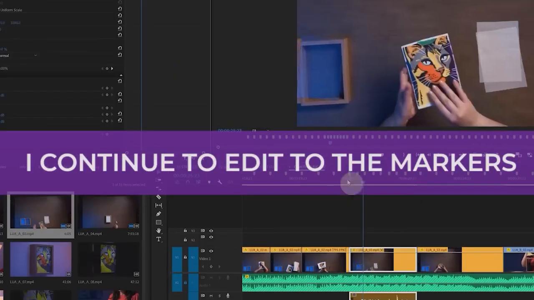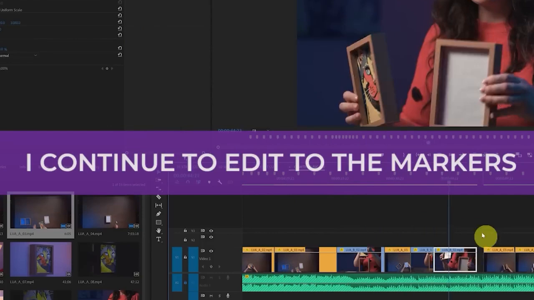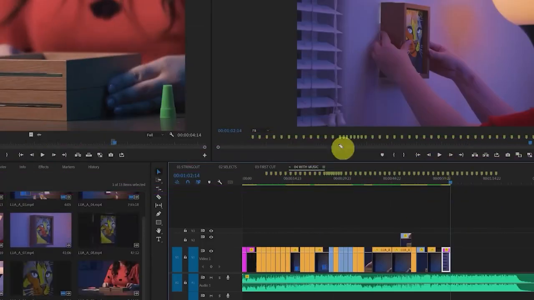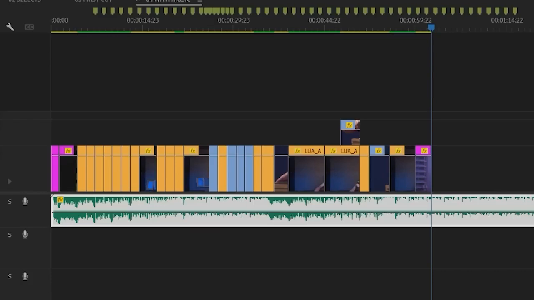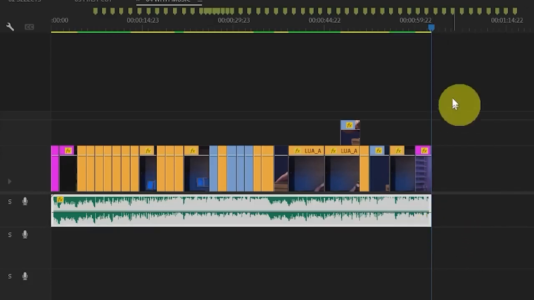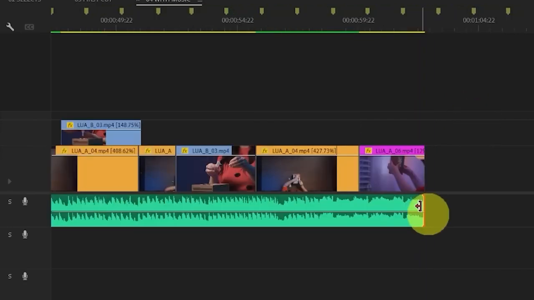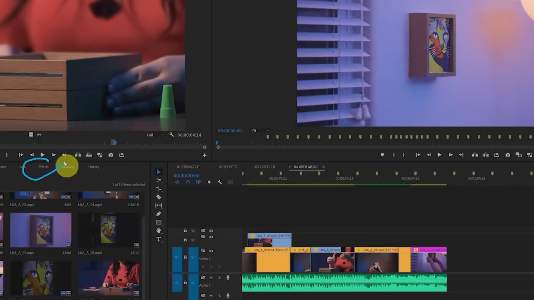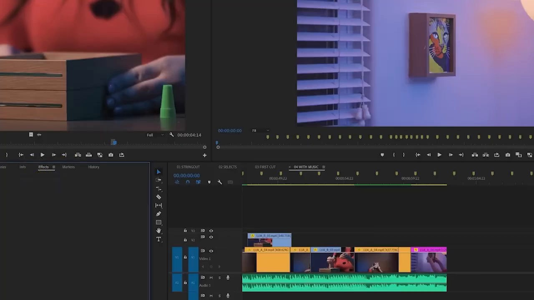okay, so you can see here, I went ahead and I cut these all up. I made it pretty good, like around 1 minute and 2 seconds. And the track is too long for me. So instead of doing something like just shortening it up and having it end abruptly like this, if that were the case, I'd maybe want to make sure that the audio dips or peters out at the end. So maybe what I could do is go to my effects window over here and type in fade,